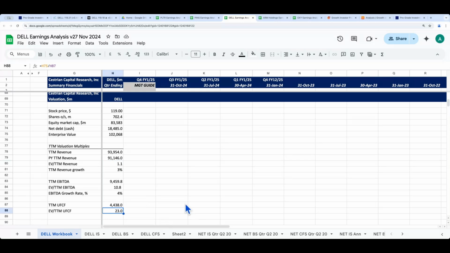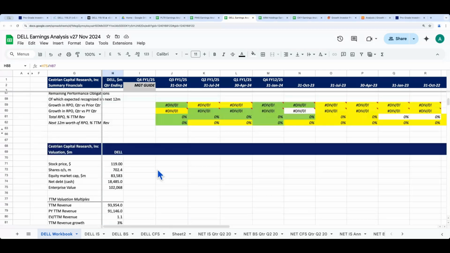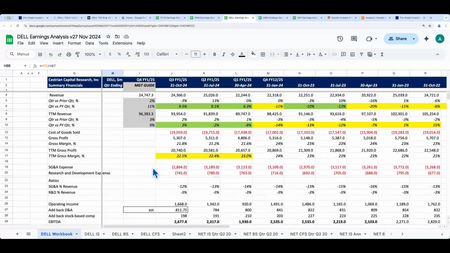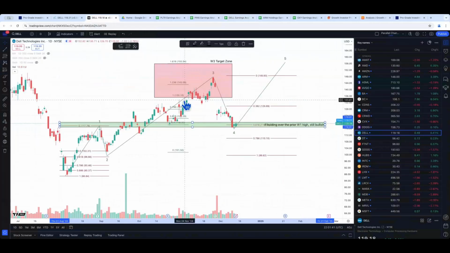And so I think if you combine solid fundamentals, not scary valuation in my opinion, with a pretty solid looking risk-reward setup from here on up, with again a logical stop you can place somewhere around here, with a view to trying to take profit somewhere up here, I think that's a bad setup in DELL.